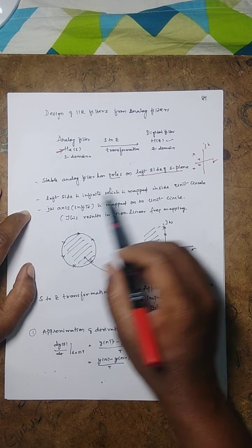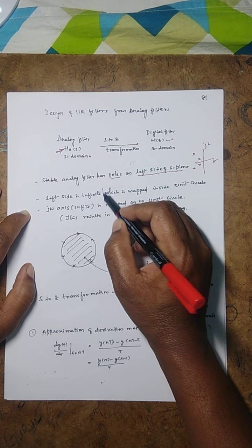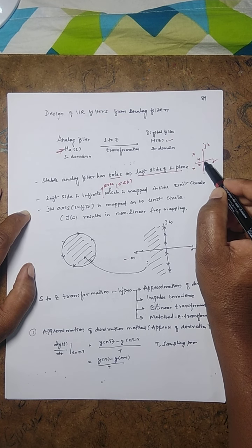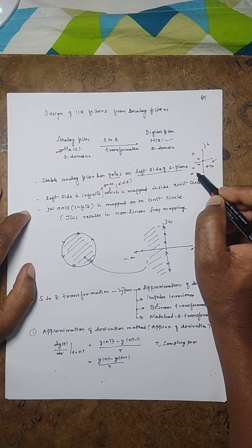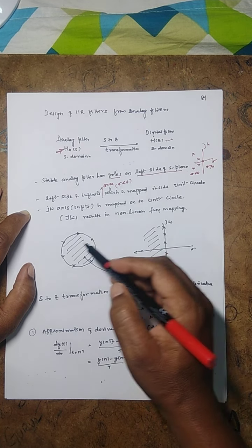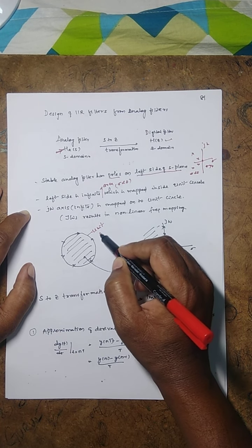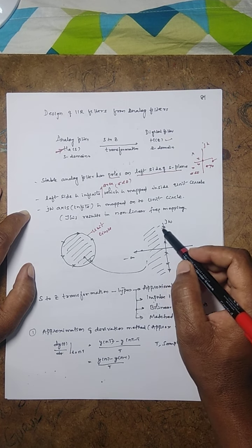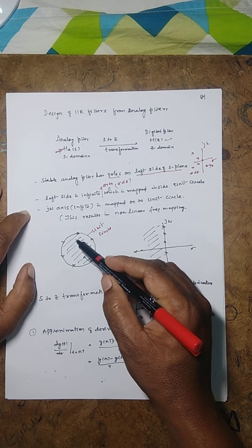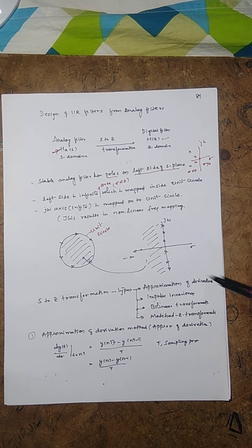Now, in the Z domain we have a region of convergence. Here the left side of the infinite area, that is for sigma less than 0. This is sigma equal to 0, this is sigma greater than 0, this is sigma less than 0. This whole hashed area is going to be mapped inside the unit circle. This is a unit circle. But you see this area is infinite, but it is mapped to a limited area. Because of that, a non-linear frequency mapping is going to occur.